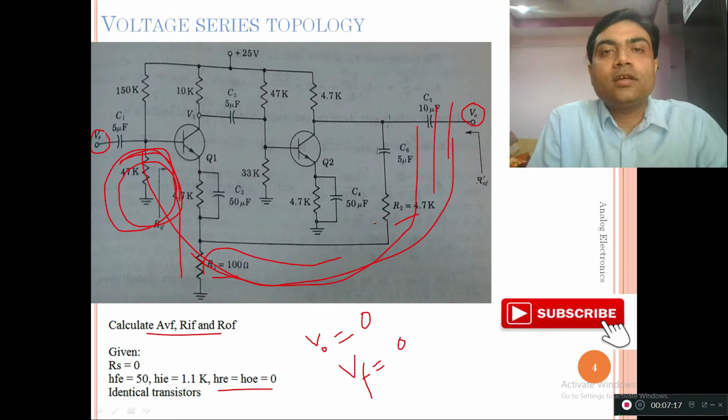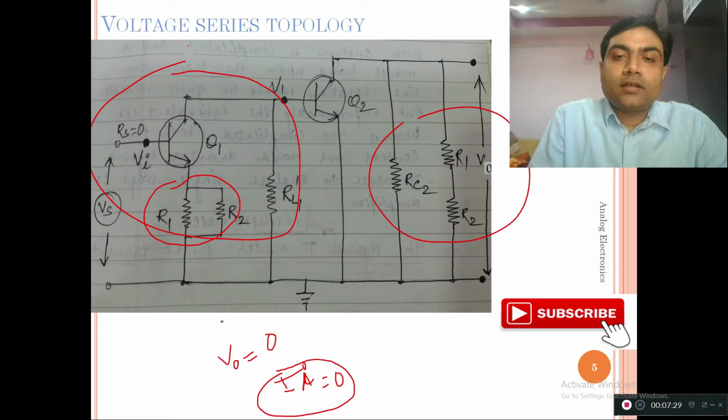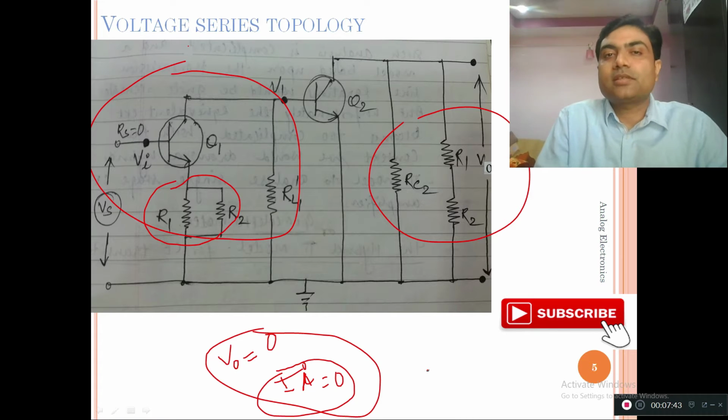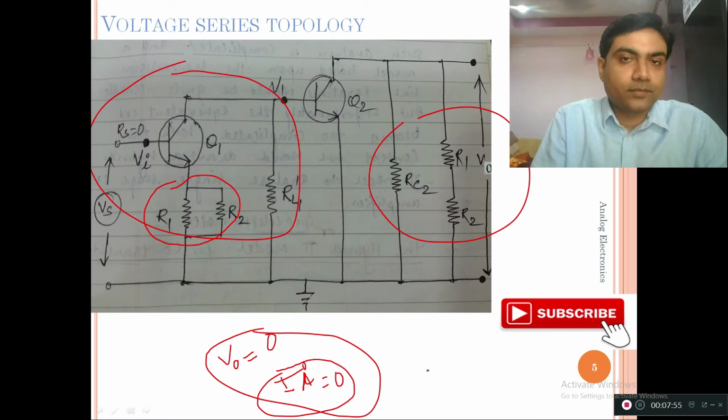So this is how we deal with the loading effect of beta network. So I have considered R1 and R2 both at the input side and the output side. This is the R1 and R2 which comes in series and which appears at the output side. Okay, from where we have got this logic, VO equals to 0 and II equals to 0. This step is already been discussed in the previous lecture. If you have any doubt, go through the previous lecture and note down these steps, that in which configuration we have to apply VO equals to 0 and II equals to 0 to find out the input and output circuit. Now rest is just the analysis of the amplifier.